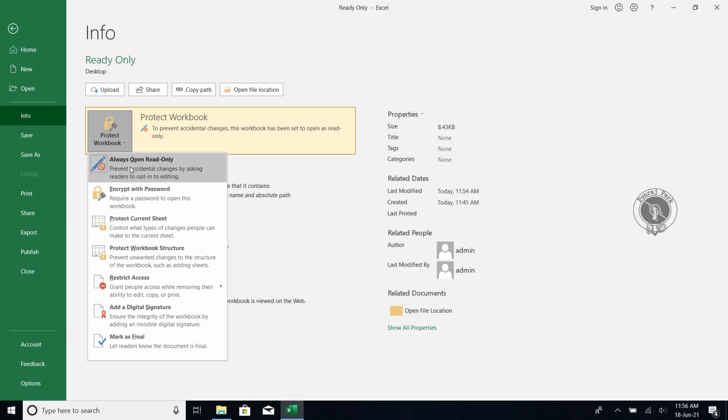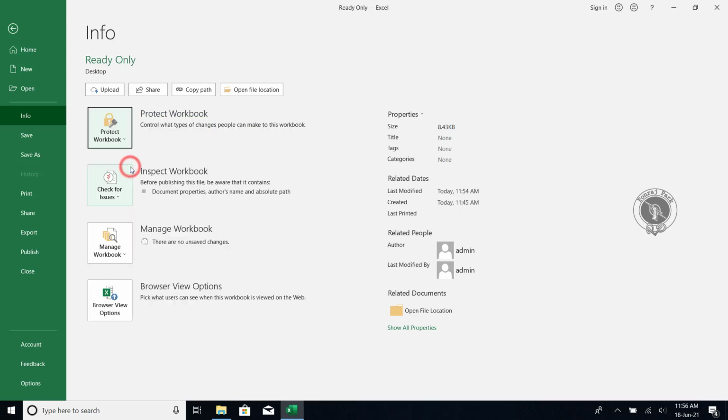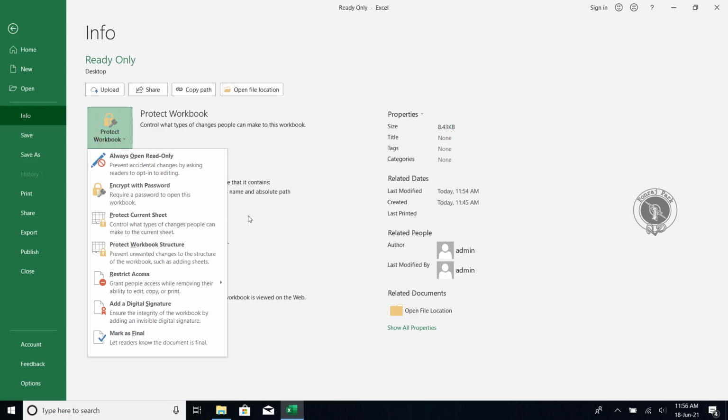It will automatically deactivate. You see that yellow mark is gone. So this is the read only setting. If you want to put a read only setting in your Excel file, you can do it like this.